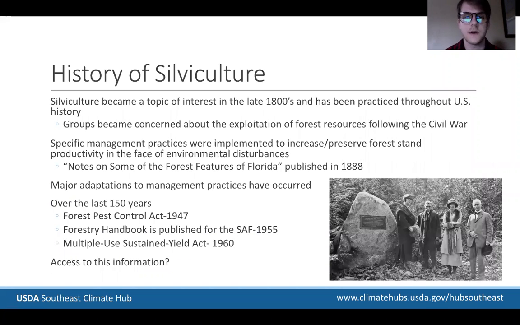So just getting into a very brief history of silviculture in the United States. After the initial colonization of North America, the timber resources of old growth forests started being exploited. And after groups became concerned about the exploitation of these resources following the Civil War, silviculture became a major topic of interest. So this led to the discovery and implementation of specific management practices aimed at increasing or preserving stand